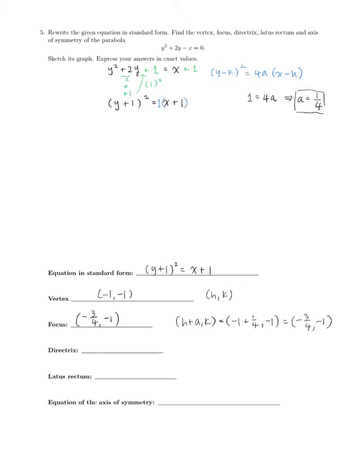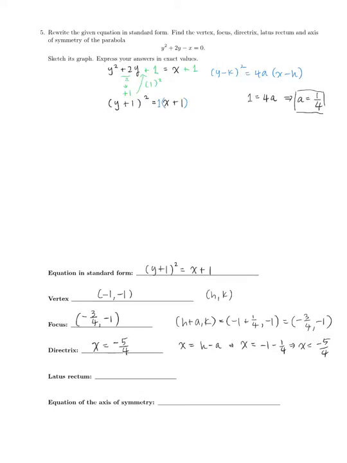Okay, now let's go with the directrix. So the equation of the directrix is going to be x = h - a. So that looks like we're going to have x equals h, which is -1, minus 1/4. So we got x = -5/4. Okay, so let me write x =